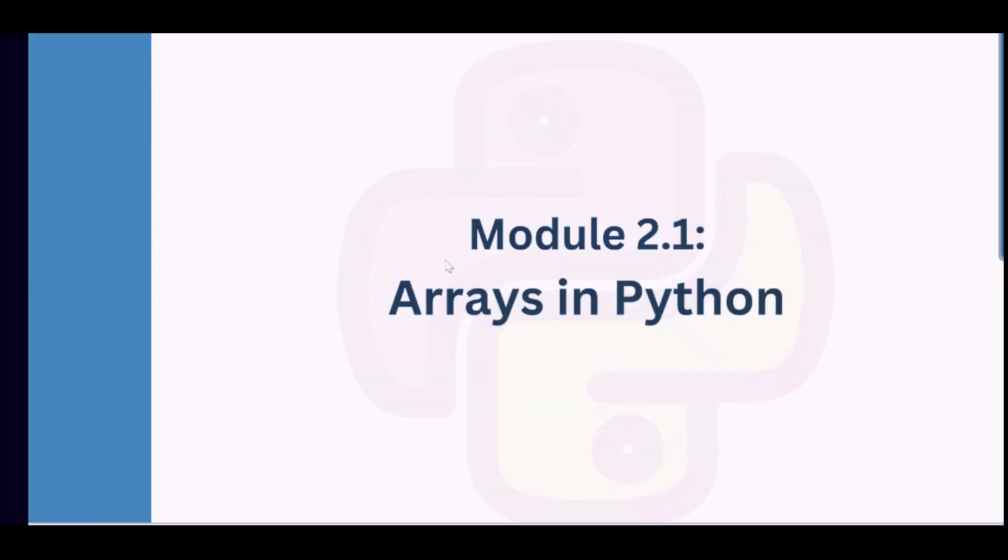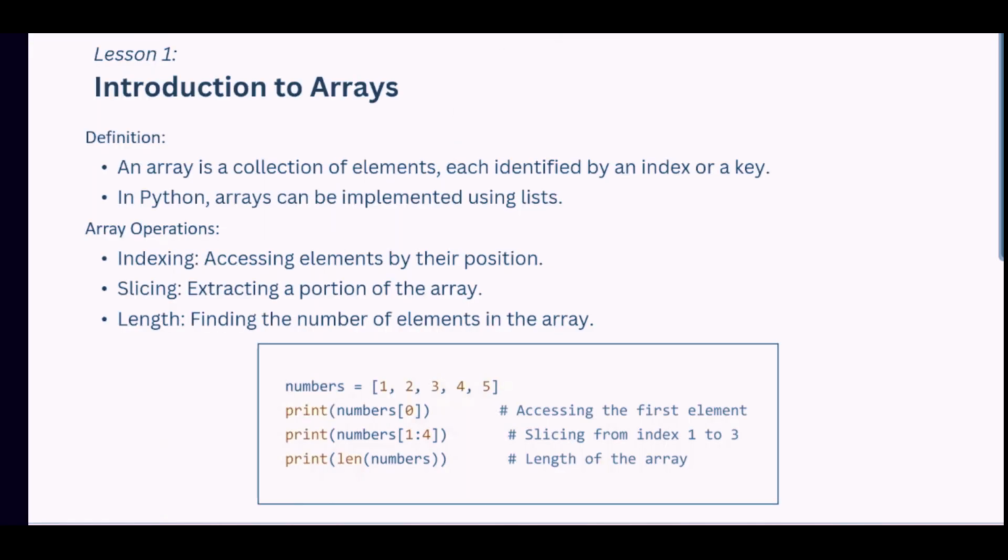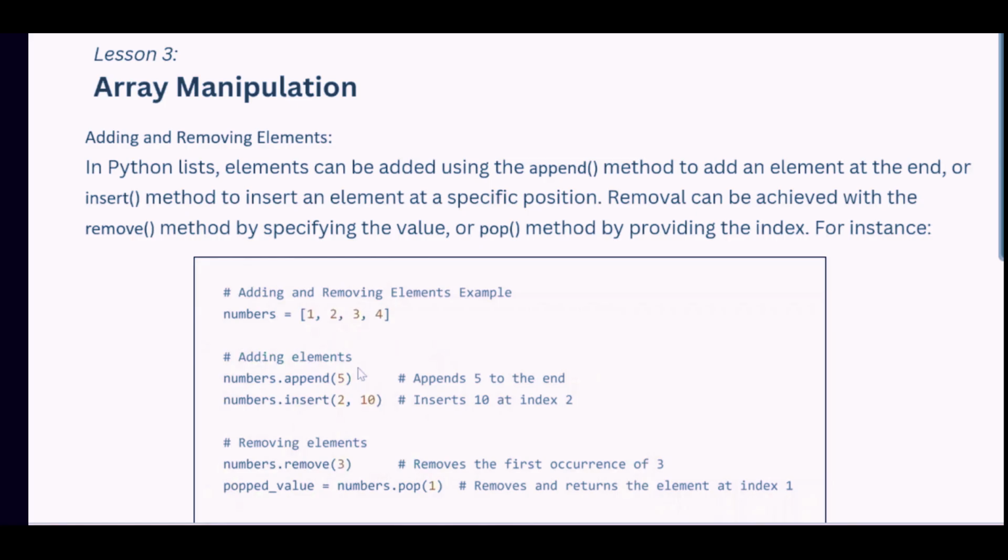Let's move to module 2.1, arrays in Python. Arrays are not a built-in data type in Python, so it is similar to a list. It is a collection of elements. Each element is identified by an index or a key. Similar to a list, here also you can use indexing and slicing and also find the length of the array, okay. Still, you may see that it is similar to the list type, but